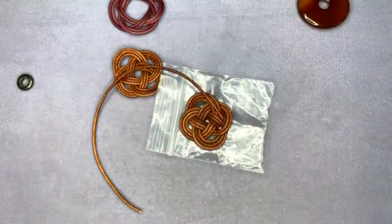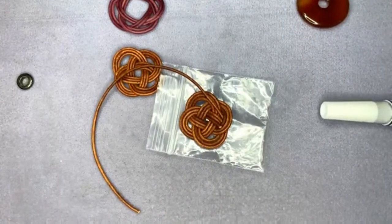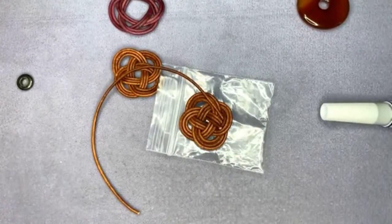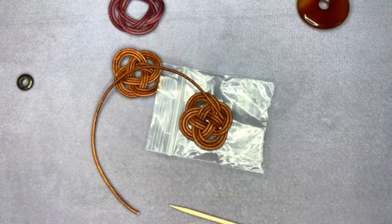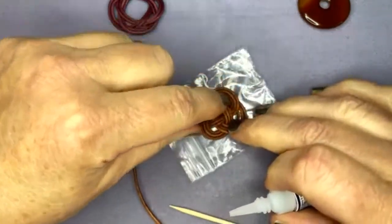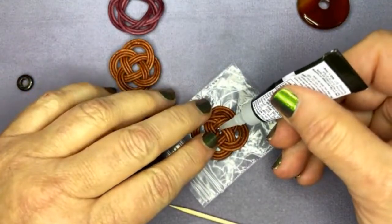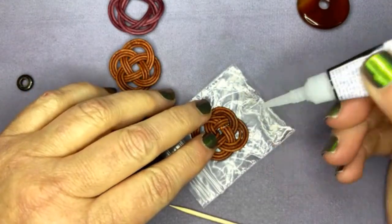I'm going to do this side first. Let me grab my zap and a toothpick here. Okay, and I'm going to come in. I'm using a little baggie to protect my velvet pad. I'm going to pull that little extra back. I'm going to put a line of zap, not a lot,